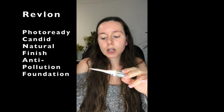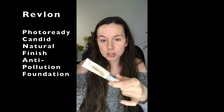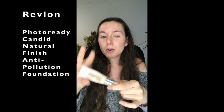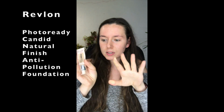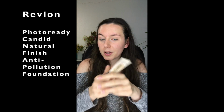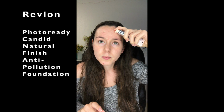So I actually got this. It's the Revlon Photo Ready Candid Natural Finish Anti-Pollution Foundation, and I use the shade 200 Nude, and I found it on Amazon for like $3-4. So $3-4 for this versus the It Cosmetics one that's almost $40. Totally worth it. And I also like the pump for this one, that I can just pump it on my face